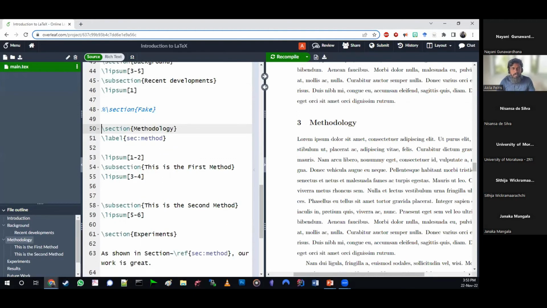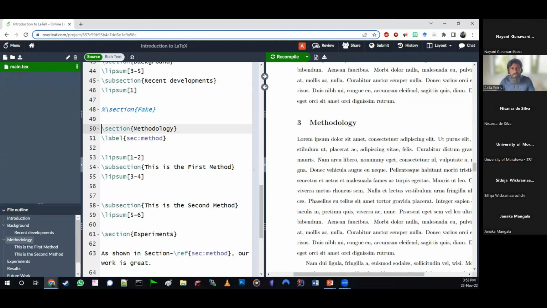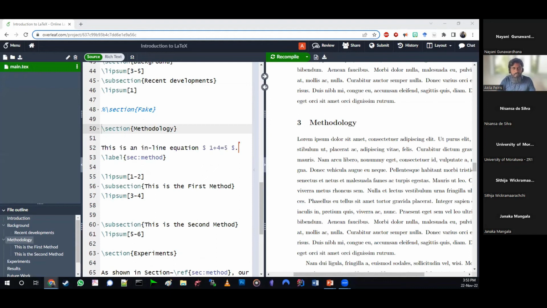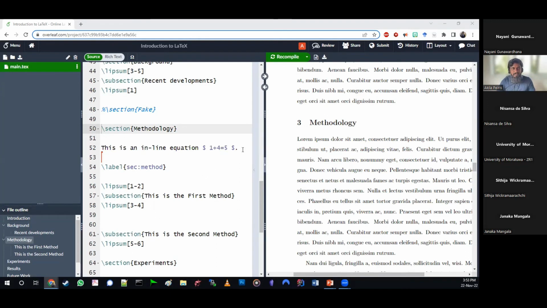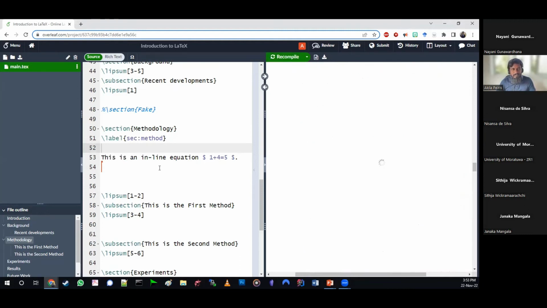Okay, sorry, I clicked on this. All right, there you are. Small equation, just to speed things up. I'll just paste it. Methodology. You are adding an inline equation in the methodology. So one thing is it is better to keep the label here, and let's render this and see how inline equations work.